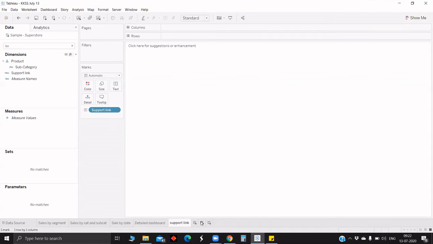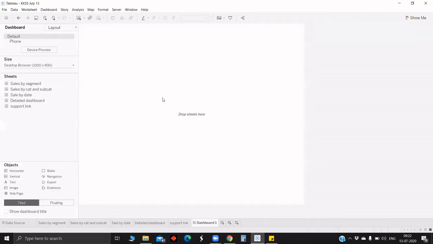In this session, we will just try to look at how to create a dashboard and what all functionalities there are. We'll just try to look and explore. So first, at the bottom, we have three options. One is for creating a new worksheet, which is like bars kind of thing, and next we have four squares that's generally used to create a new dashboard. Once we click, we will get the new dashboard, and we will try to explore the various functionalities which are there in the creation of a dashboard.